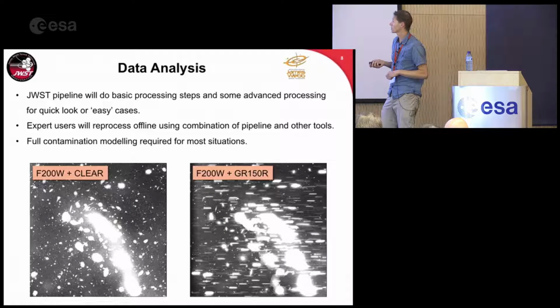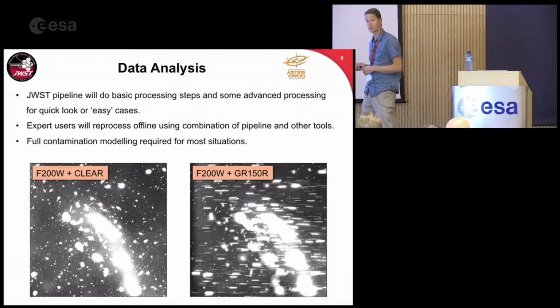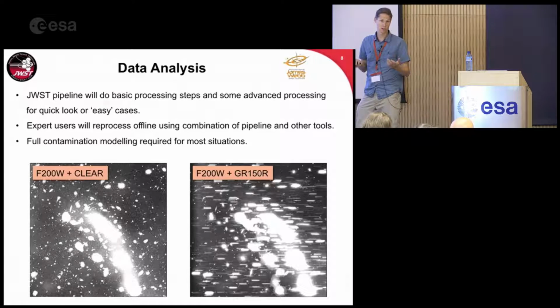As you can see here, this is a simulation. This is the F200W filter, and this is just the direct image. This is one of the Frontier Fields lensing clusters. So you can see here, at a very high stretch level, these are the bright cluster galaxies, and there's a few of them here. And in between them, there's also intra-cluster light of stars that have been stripped out of the galaxies. There's a lot of stuff around here, lots of other cluster galaxies, and obviously we're interested also in the very high redshift lensed galaxies behind, which you can't really see in this picture, but they're all in these